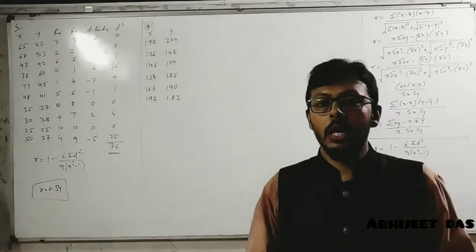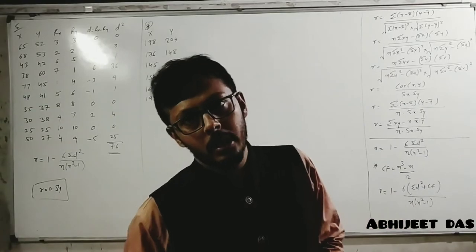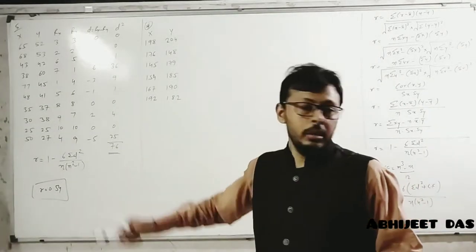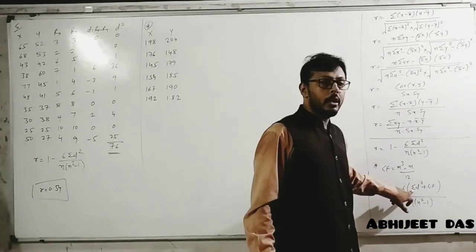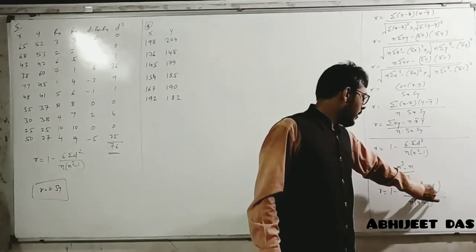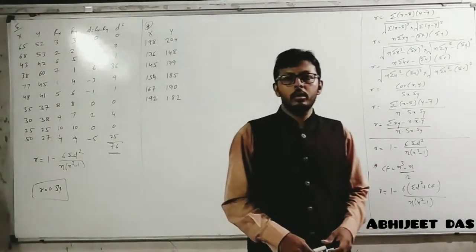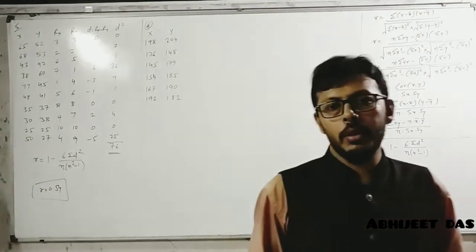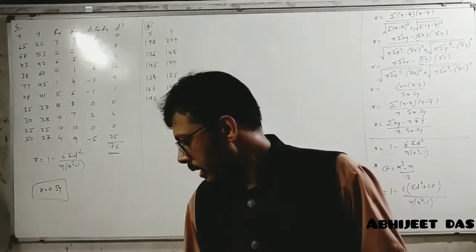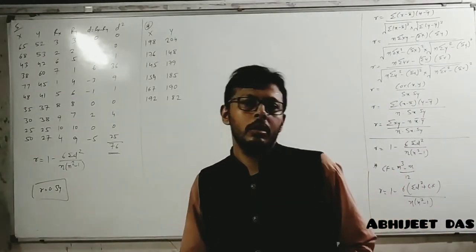देन डी का स्क्वायर यहाँ पे पुट अप यहाँ पे कर देंगे, फाइंड यहाँ पे कर लेंगे. जो भी डी का स्क्वायर सिग्मा डी स्क्वायर आएगा, सी एफ प्लस करेंगे पहले, फिर 6 से मल्टीप्लाई करेंगे. Okay, I want you people to solve this sum right now. Then after that I will be dictating you the homework sums.